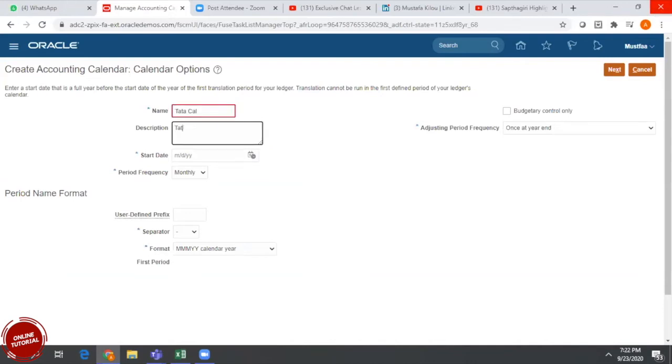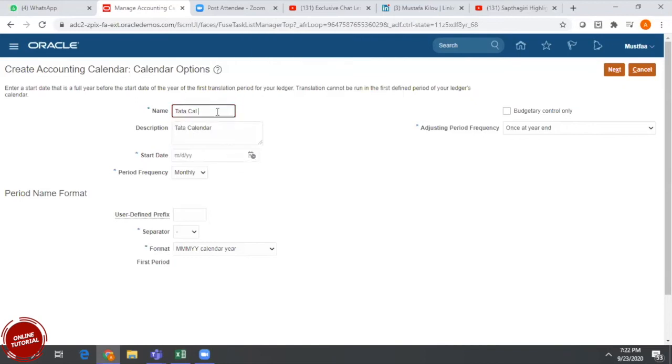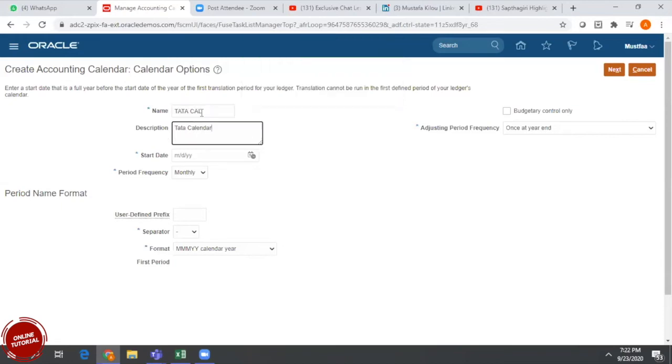There may be some gap. Okay, so Tata calendar.